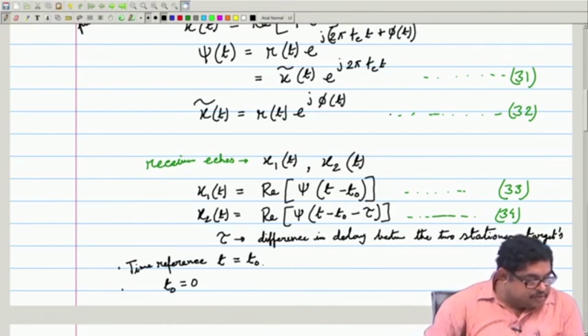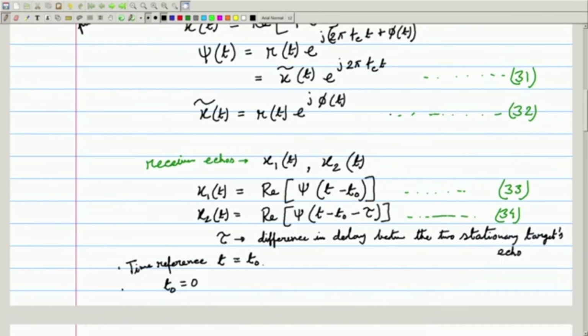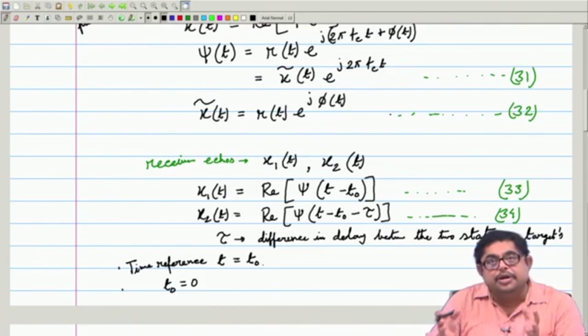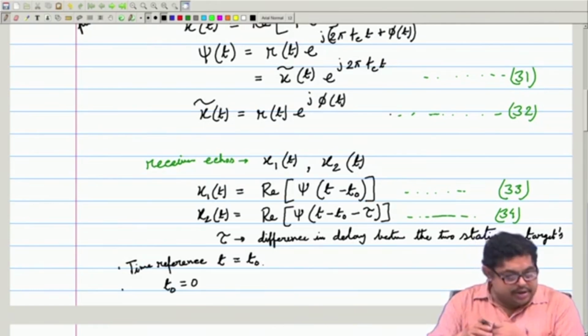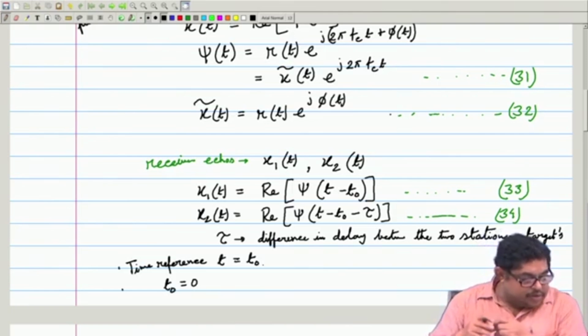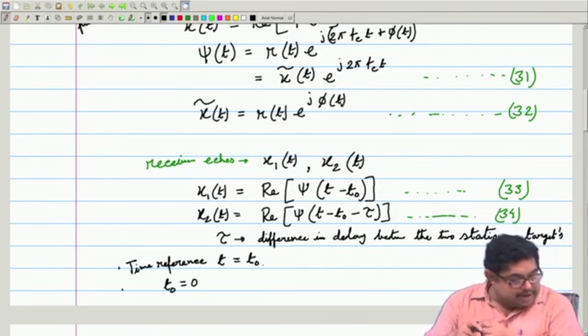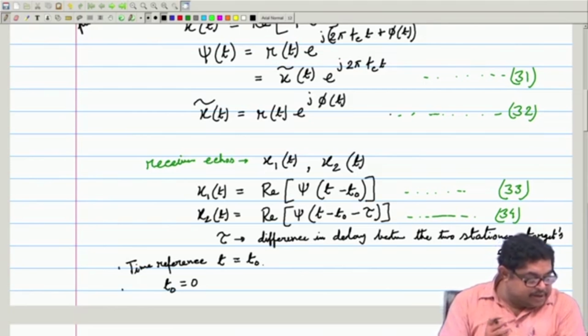So, the question is, for two targets, what is the smallest value of this difference between their range, delta r, so that the radar will say that they are two distinct echoes. Now, to answer that, let us again find the